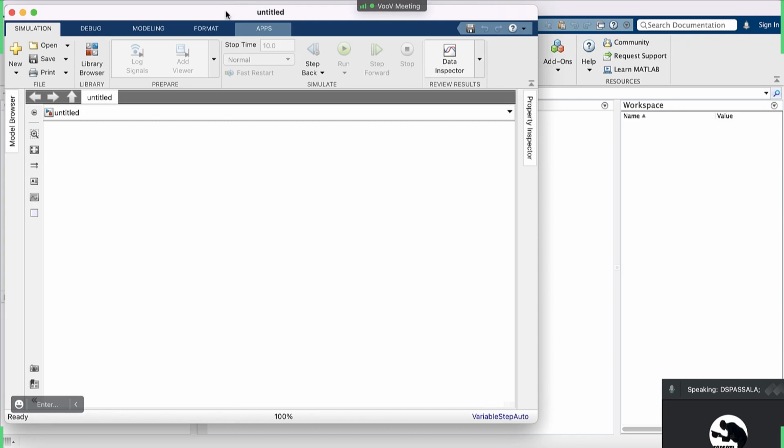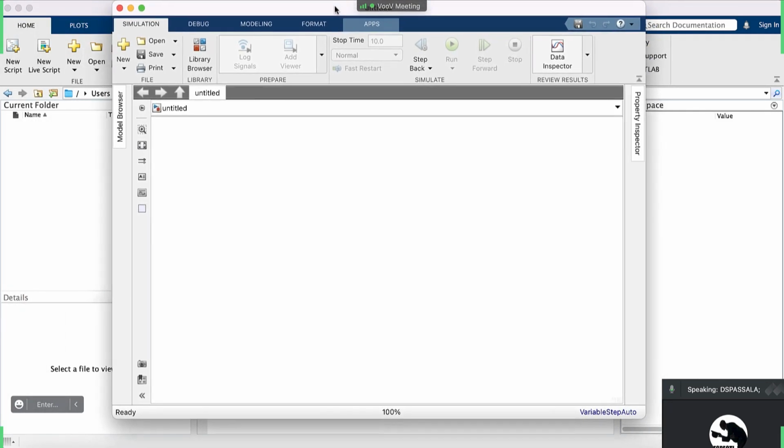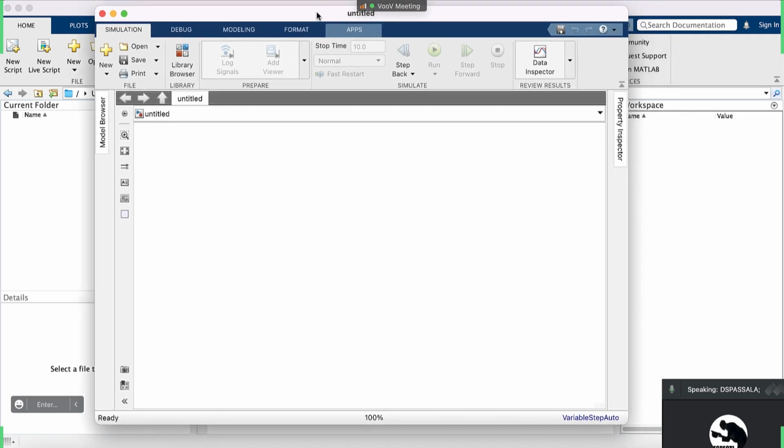This is the project page on Simulink，你在 Simulink 建模就是有这样子的一个图。